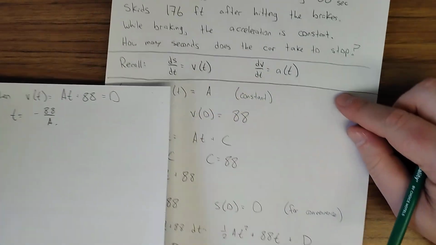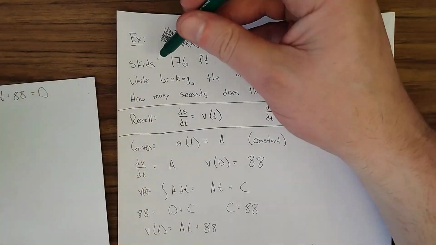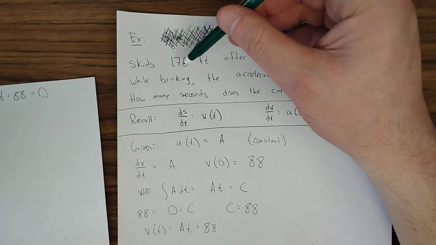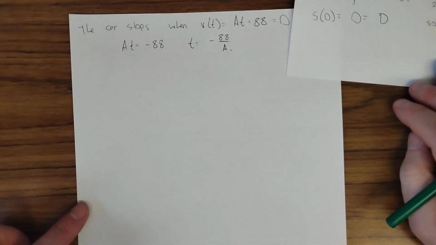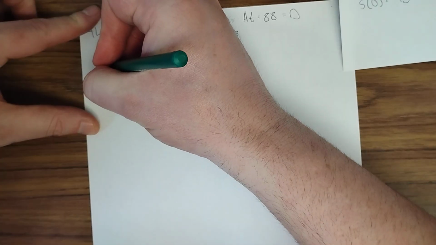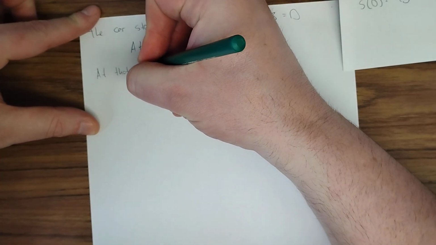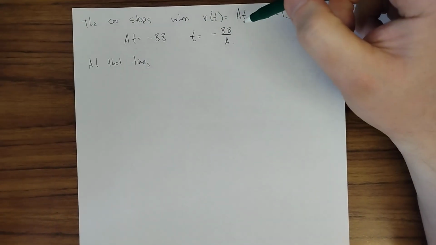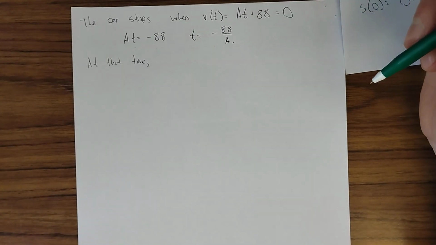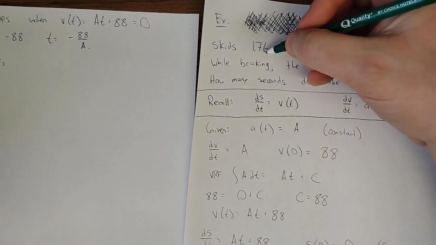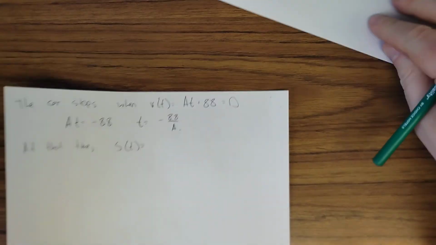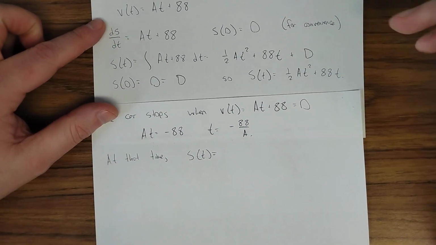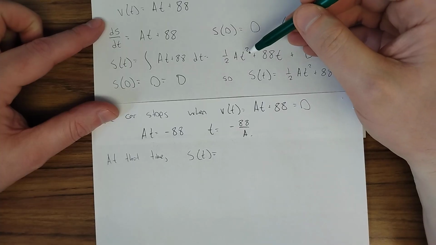The one piece of information that I haven't used yet is how far the car skids. I haven't done anything with this number, 176. I should do something with this number. So what do I know? I know that at that time, meaning the time when the car stops, the distance traveled is this number. That's how far the car has skidded. So S of t, for that value of t,